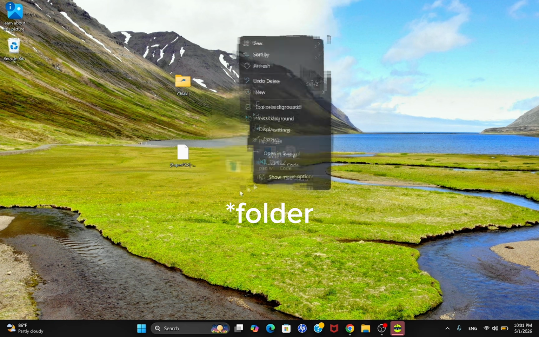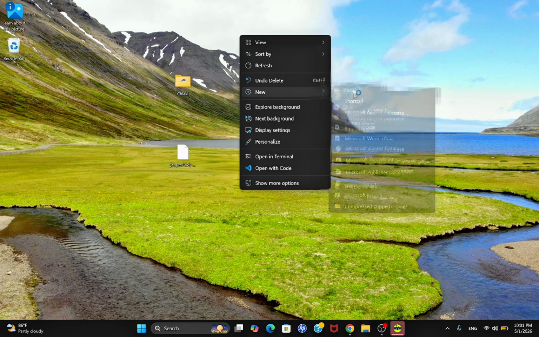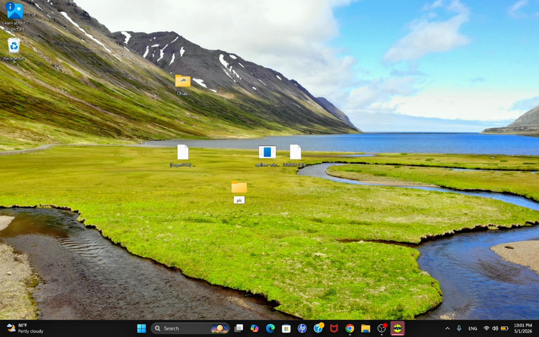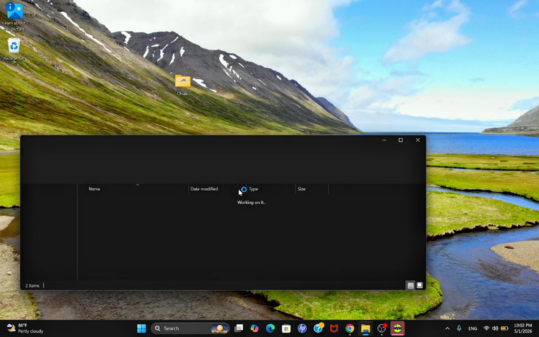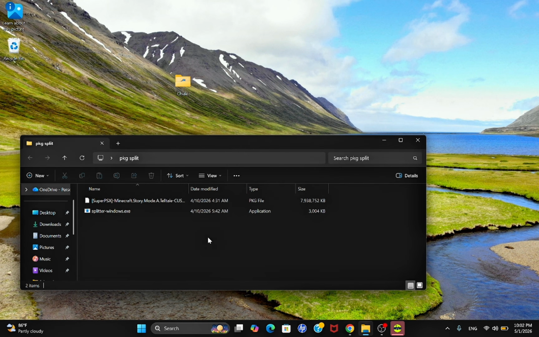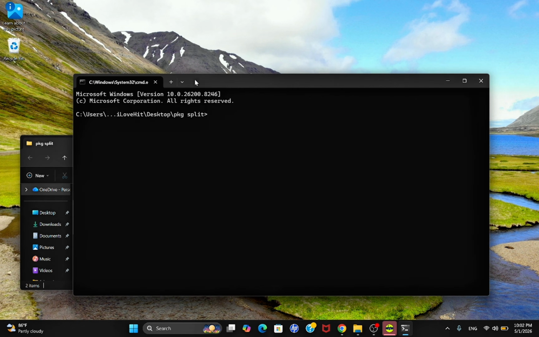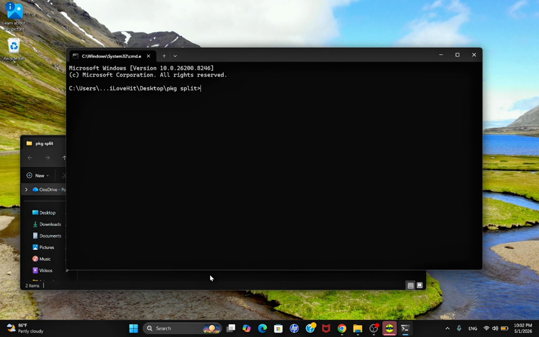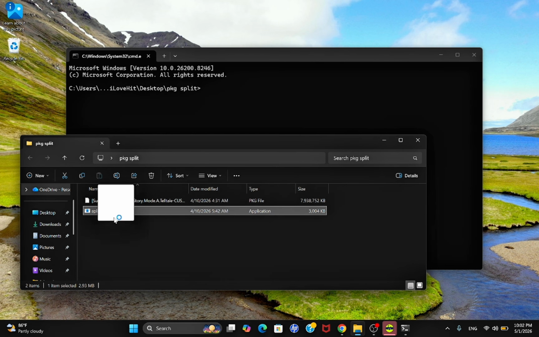So you need to make a folder and put the game package and the splitter. Open the folder and type in here cmd. And this command prompt will open up. What you're gonna do is drag this splitter exe and put it here,